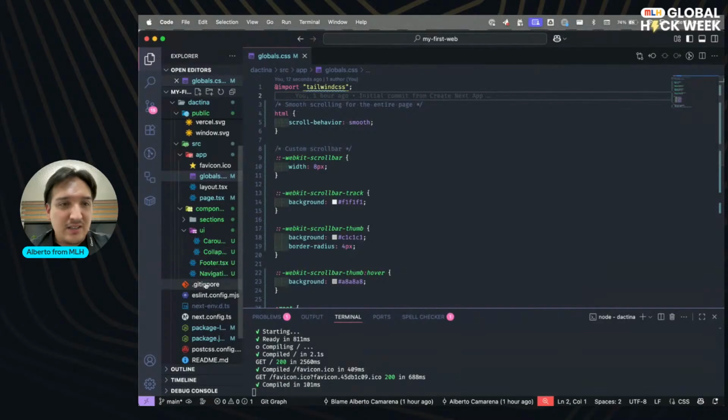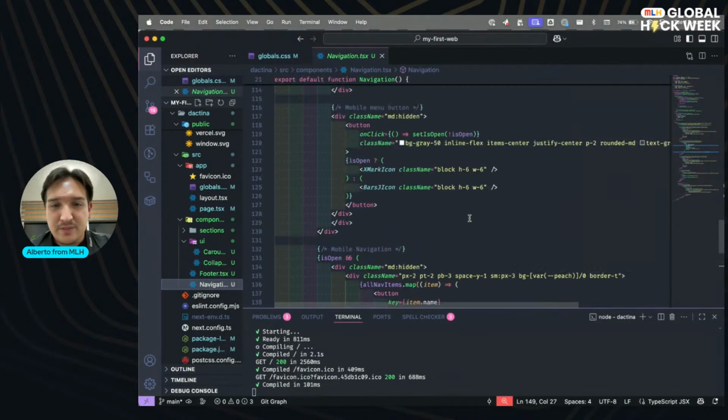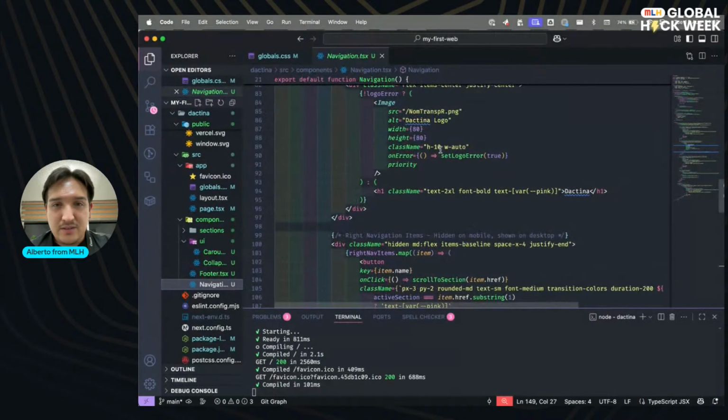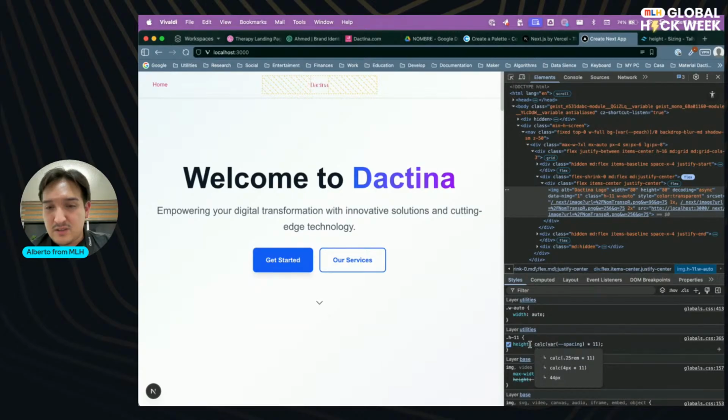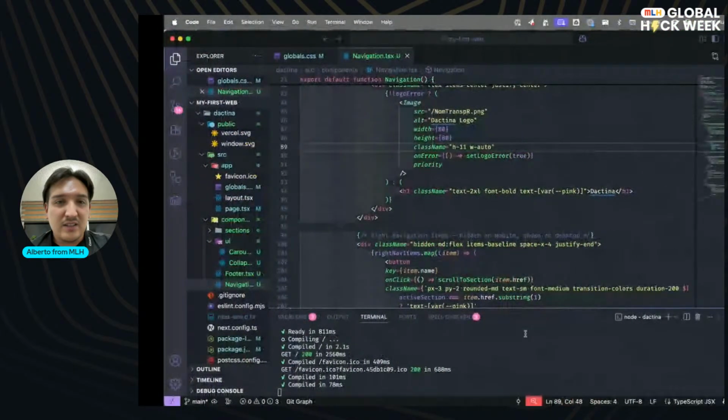H10 means also H11. And if I go to this, 44, okay, this calc says 44.